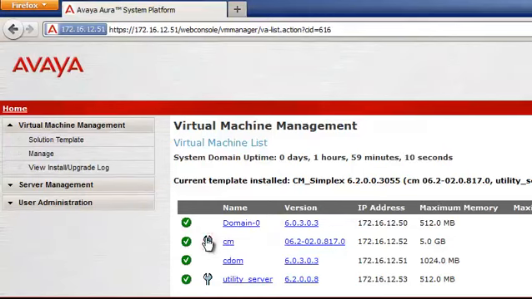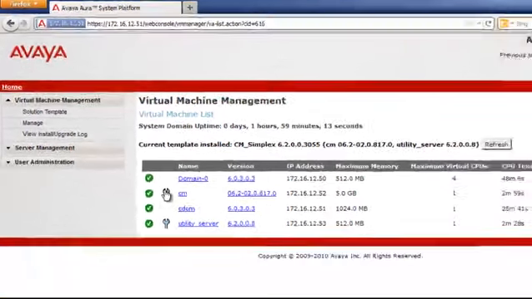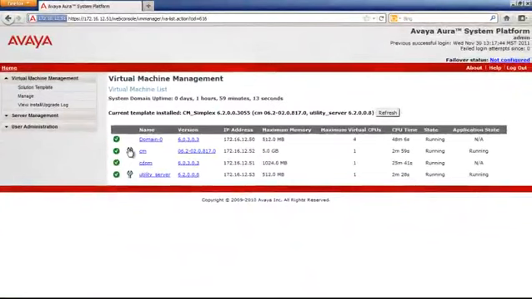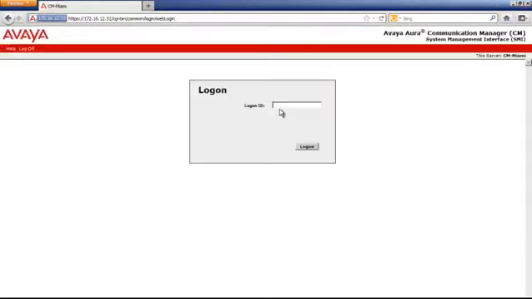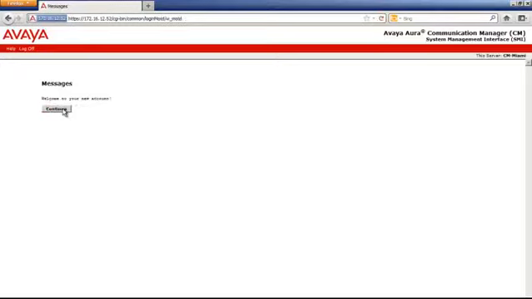You click on this wrench, and now we're going to log into the SMI, or System Management Interface, of Communications Manager. Just by clicking on the wrench, it sent me to the IP address that I configured for the template. Another way, I've actually opened another browser window, put in the IP address of CM and gone in that way. And we'll log in. We're going to log in here using the Craft login. I could have also used the super user customer login that we created when we installed the template. We'll suppress the alarm to go in, click continue,